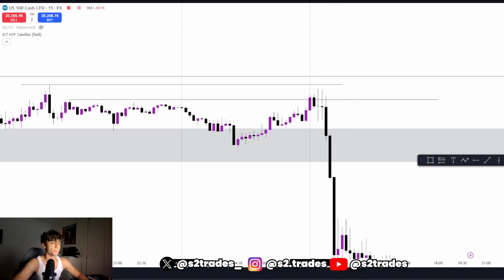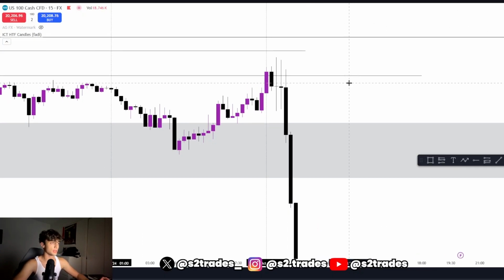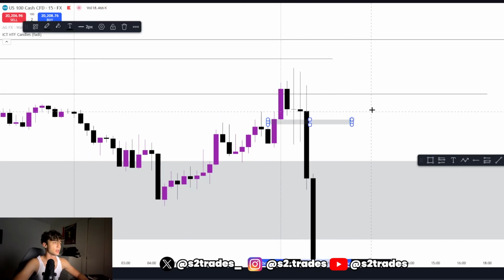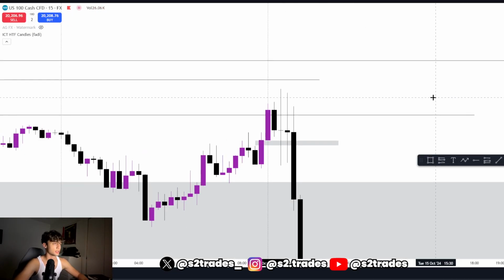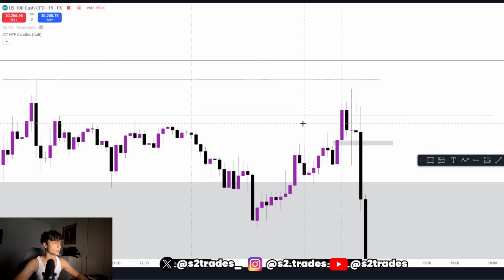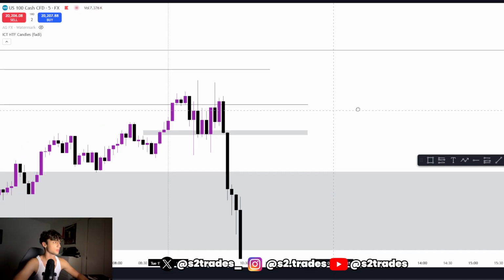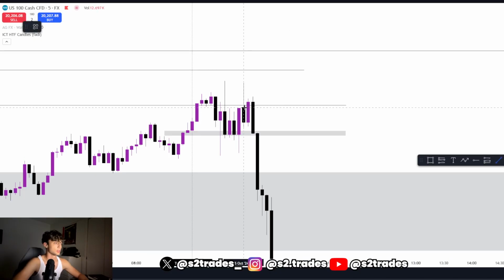But yeah, so you zoom in, and then we zoom in again, right? So now we're on the 50 minutes. What do we see? We see that there's a fair value gap right here that got inversed. This again will tell us that we are going short. We also see that there is a 9:30. Let's hop onto the 5 minutes because it's easier to show. So New York Open created a high,